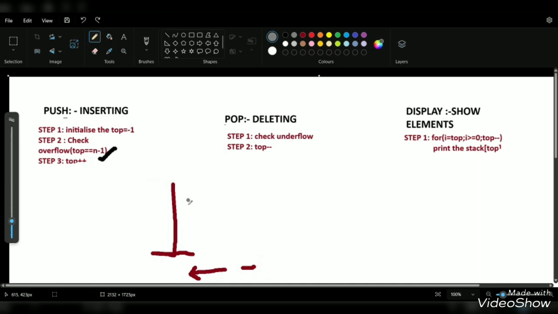Now let us see the procedure to delete an element. When we have some elements in the stack, only then can I delete, right? Suppose this is my stack with 3 elements. I want to delete the first element. If I want to delete, the first thing is to check for the underflow condition. What is my underflow condition? My top is here. I'll check whether my top is equal to